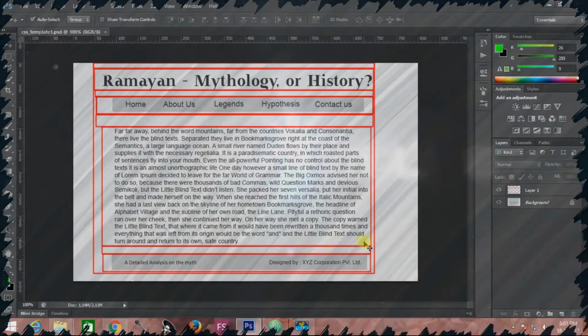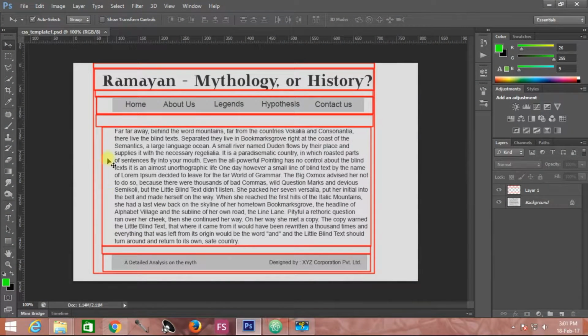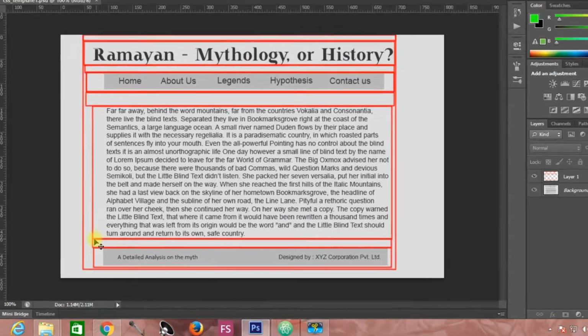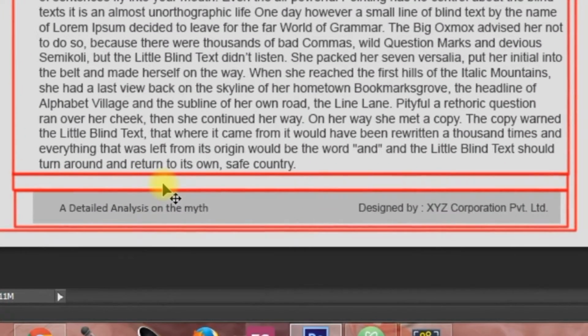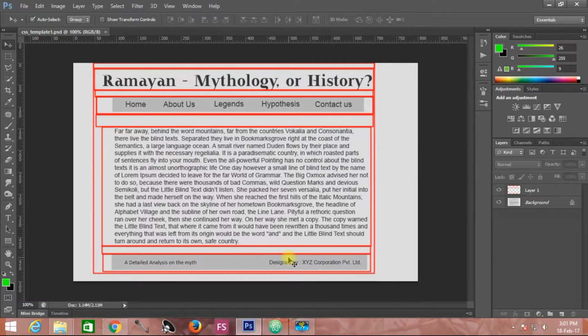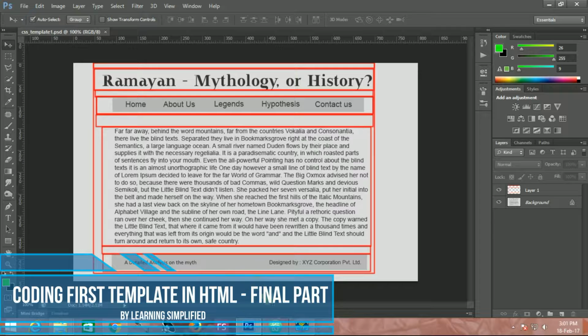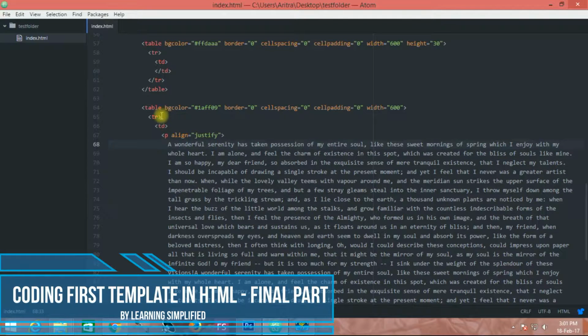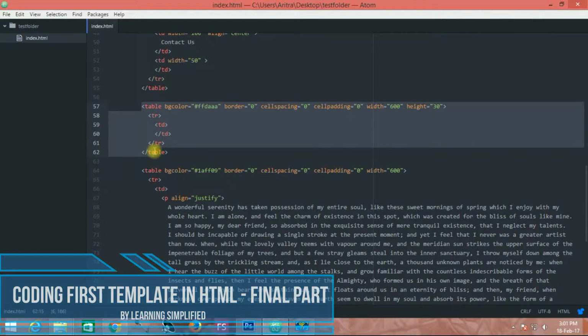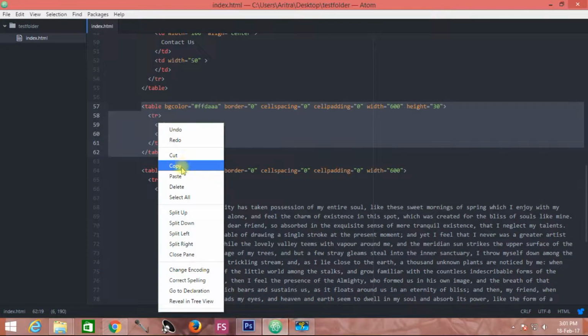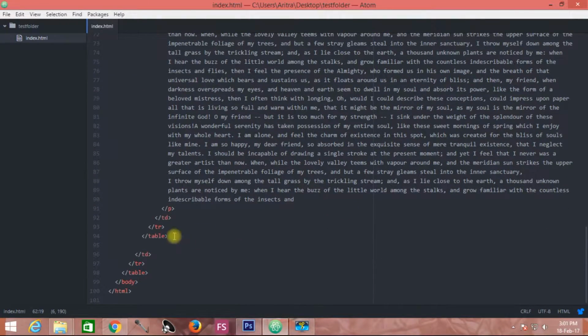You have completed up to this far. Congratulations. The only thing left here is this particular part and this particular part, and after that you will be ending up with your project. So all you need to do is to come back over here, copy the code again, get down over here,